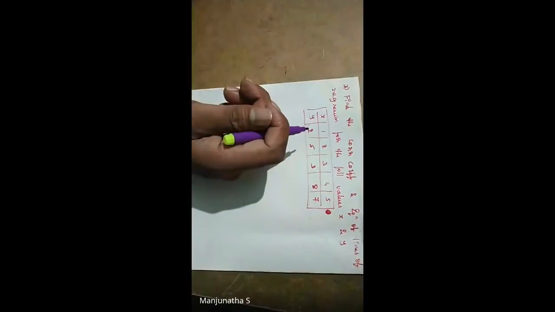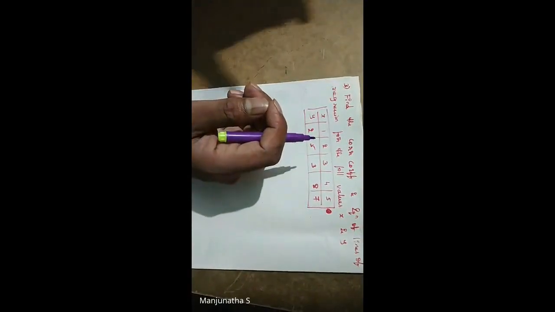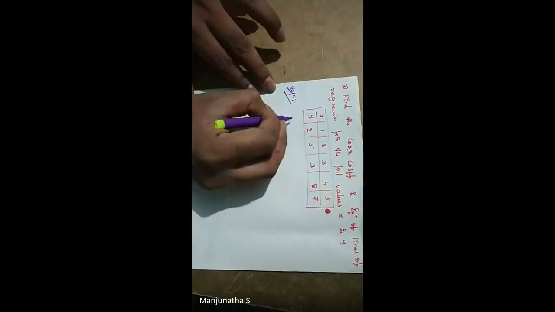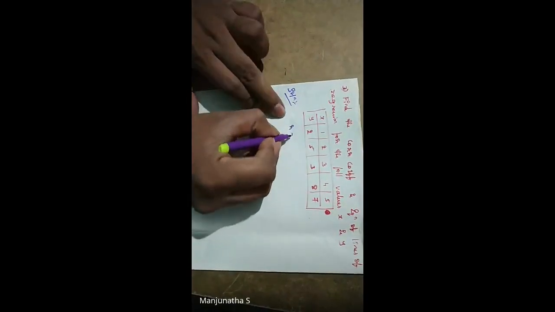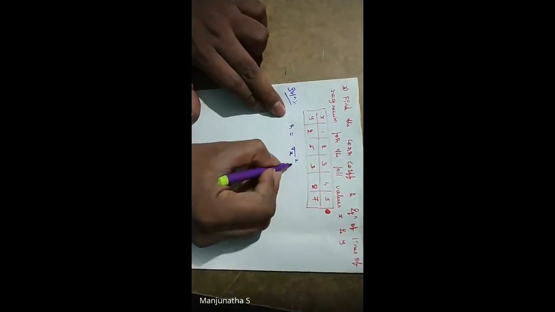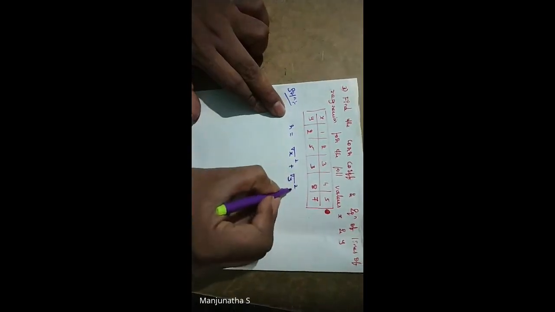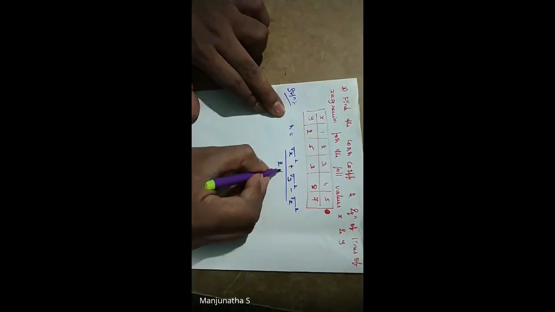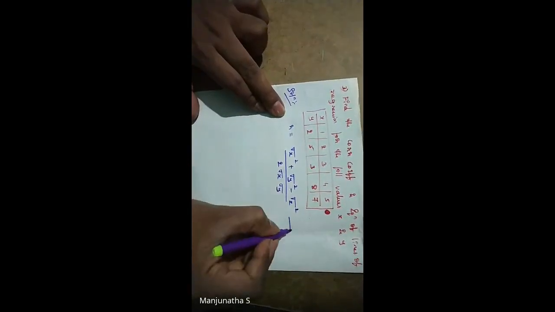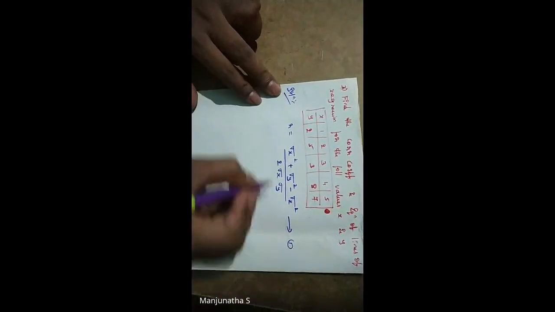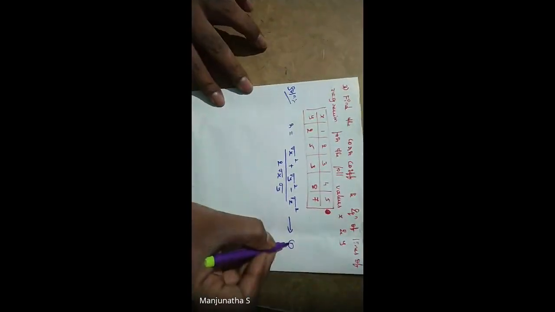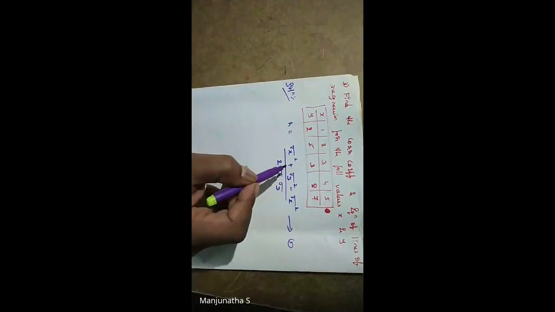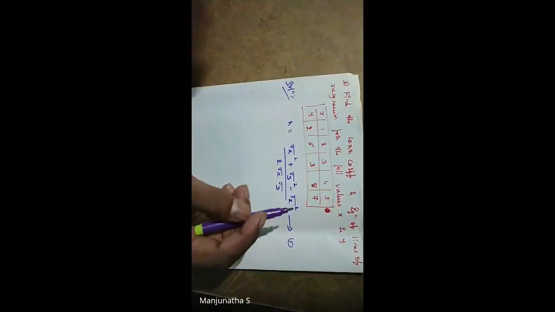First I'll write the formula because you should know what values you need from the construction of the table. So what is the formula for r? r is equal to sigma x square plus sigma y square minus sigma z square, whole divided by 2 into sigma x into sigma y. Okay, so this is our formula. We can represent it as equation number 1. Finally we need to substitute the values of all the variables here, that is sigma x square, sigma y square, sigma z square.